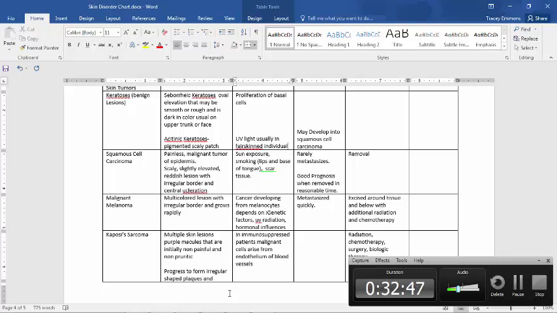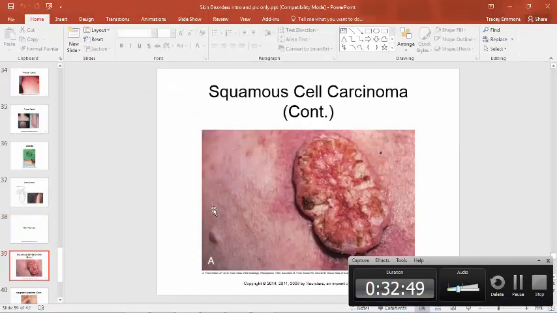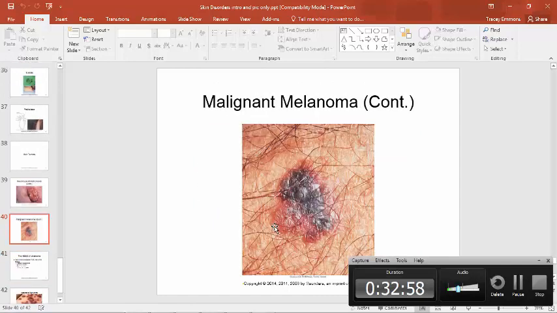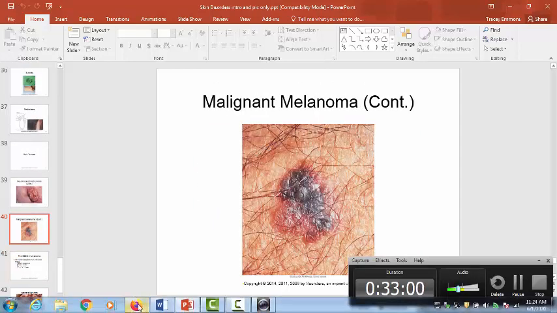These squamous cell carcinomas. So let's look. So here's a squamous cell carcinoma. Irregular border. You can see this ulceration in the middle, scaly and red. And then we go to the malignant melanoma,